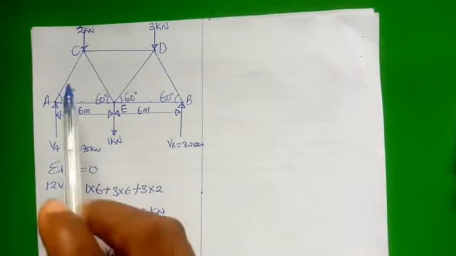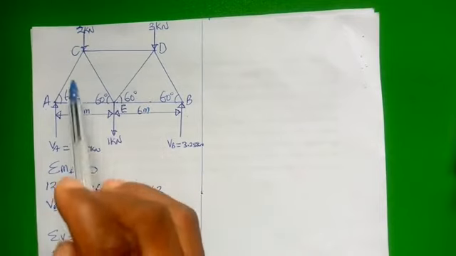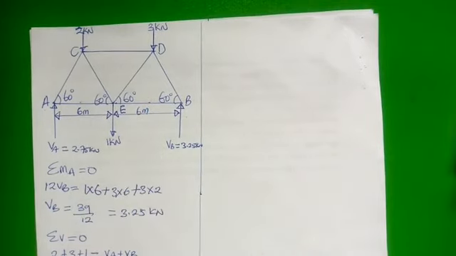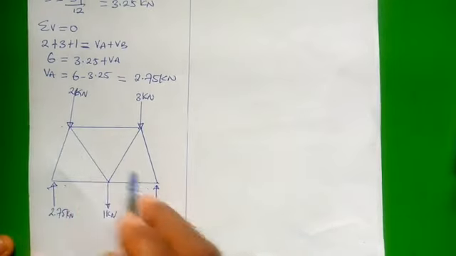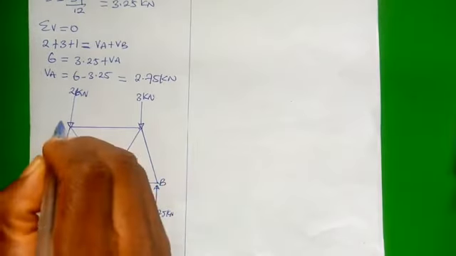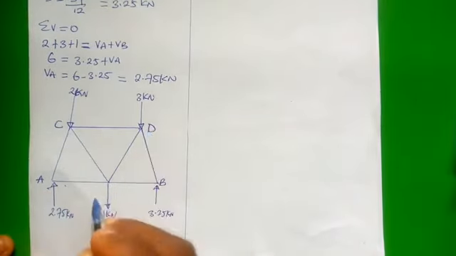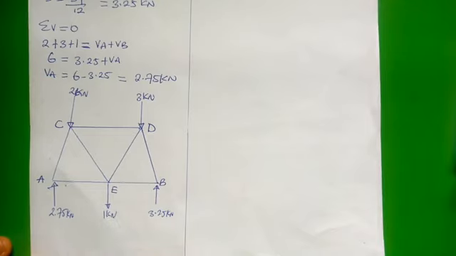To get the nature of forces at all the members, we are going to redraw this figure. After redrawing the figure, we can assign different directions to all the members. But before then, let's label this. Remember, you can label anywhere. Then having done this, we can go ahead now to give directions. Assigning the direction to the members,